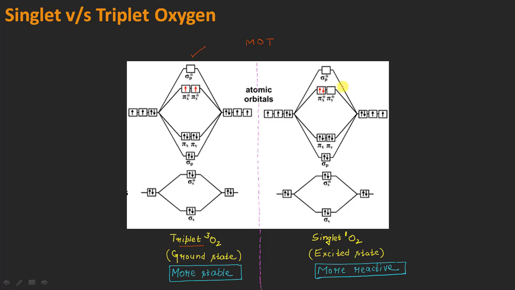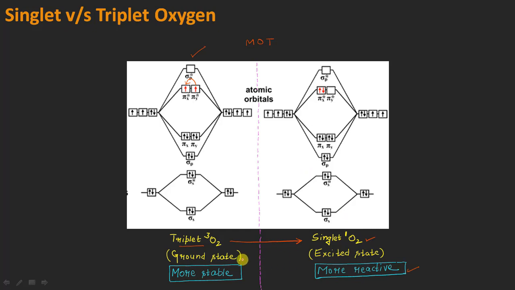On the other hand, what is present in this singlet type of oxygen is that the 2 electrons are present in the same molecular orbital, let us say the pi x star, right? So what is happening here is that this electron is jumping from this molecular orbital to this one, and in doing so, what will happen? The triplet oxygen will get converted into a singlet type of oxygen molecule, right? Now, why are we saying that the singlet oxygen is more reactive?